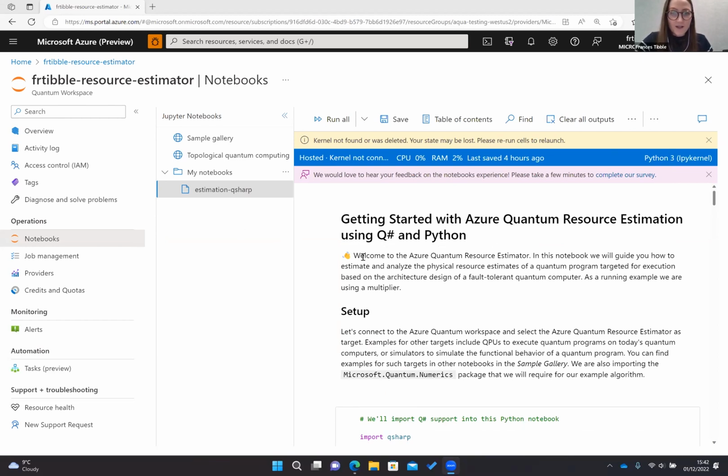So what I've got here, if you're not familiar with Azure Quantum, it's our platform for cloud computing. So you can access lots of different types of quantum hardware. You can run your programs on simulators, and as of last month, also a resource estimator. So what I'm sharing here is a quantum workspace that I've got set up. And similar to what Kate was showing, we have a notebook view where you can run different samples without having to install anything. So I'm just going to make this bigger.